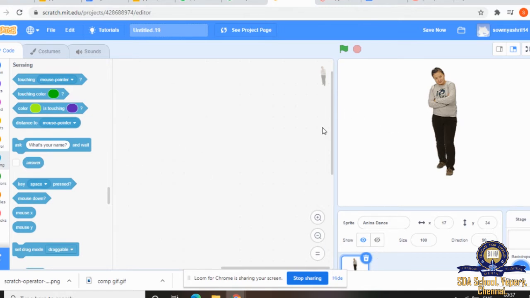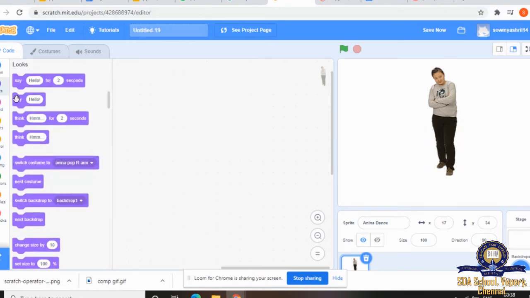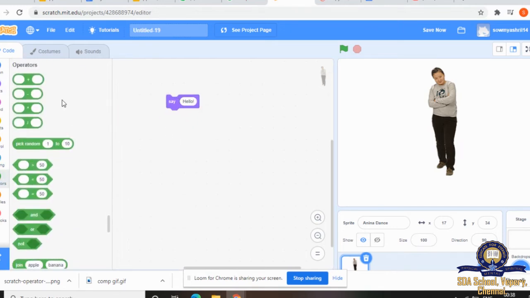And then first you have to go to say and operators. Now we are going to give a number here, say 10 plus 7. Then if I click it here, 17, she is giving the answer.